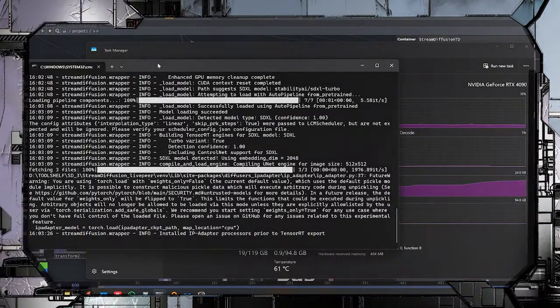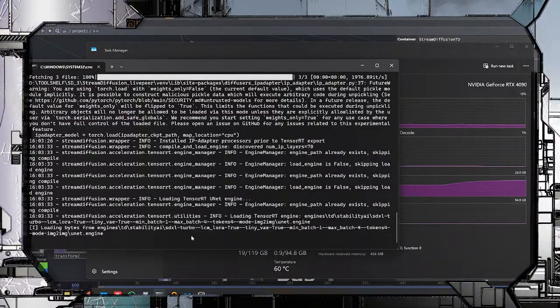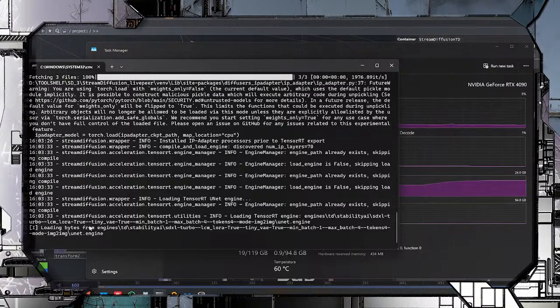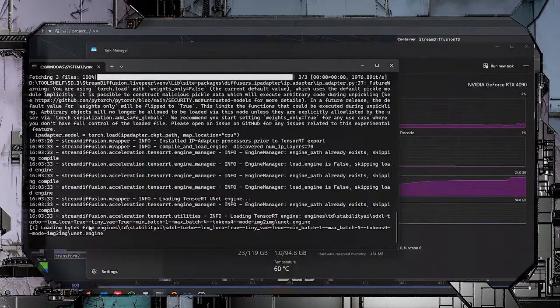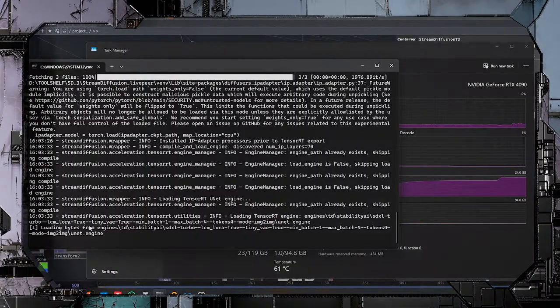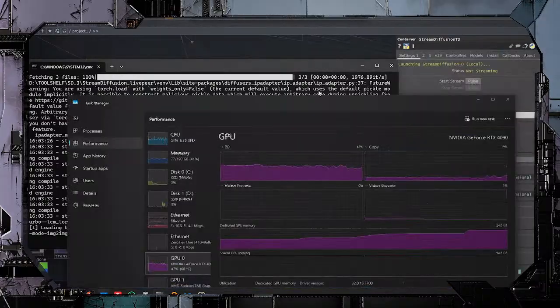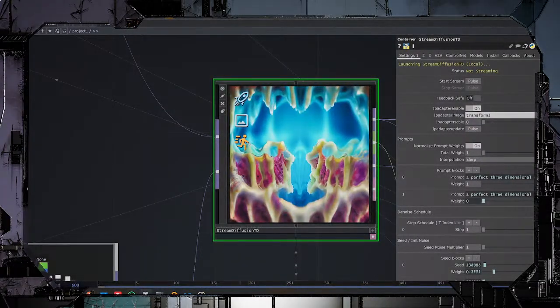Taking a minute to do this. Let's see, loading bytes from engine. Nice. So this is the SDXL with IP adapter and ControlNet technically, but I'm totally disabling ControlNet because if you look at that, we are riding the edge of a 4090. And is it working? Not yet. Hopefully it even works.